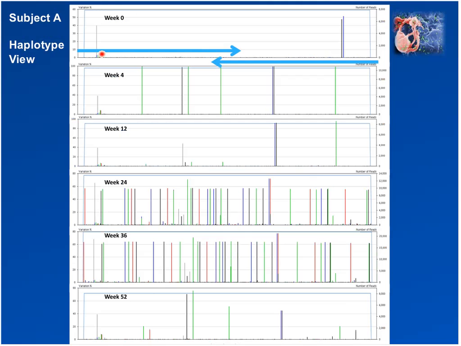And we're going to look further at subject A for a moment. On this slide, I'm going to try to accomplish a couple of things. First is that this is a viral haplotyping example. This is subject A, again looking at all 6 time points from week 0 to week 52 post-seroconversion. And so what you're seeing here are 6 alignment summaries of the data generated from the specimens for subject A.